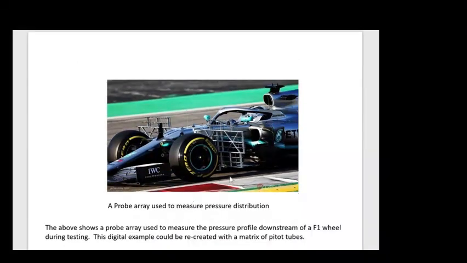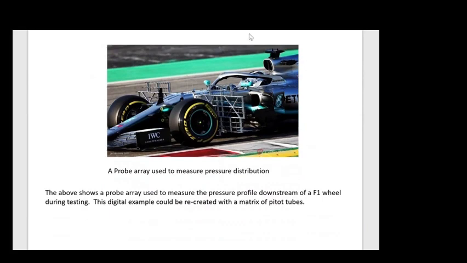There we've got a modern example of the sort of thing that could be set up if you've got a pitot tube or an array of pitot tubes. You could arrange them like this. For example, here we've got a Formula 1 car. Here they're clearly using a digital equivalent. They've set up a matrix of pressure sensors behind the wheel. They'll then drive their vehicle so that you can get a profile of the pressure